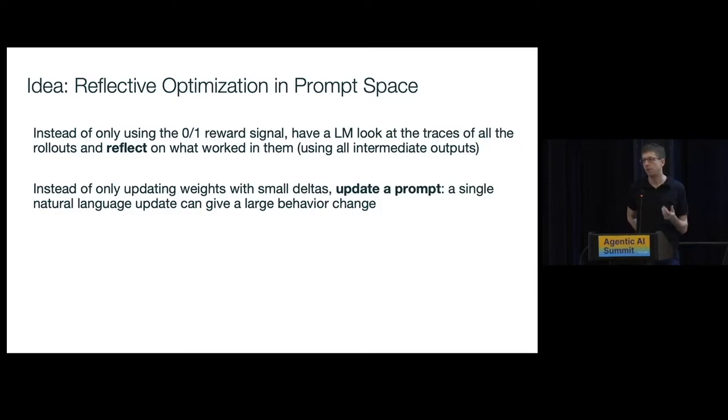And then instead of using that to update some weights, which is hard to do with a natural language insight that the model might have had, we use it to update a prompt. Basically, we tell it, write down some notes for yourself for the next time you do this task so that you can do better. And the great thing for that in terms of sample efficiency is even from one sample where you make a mistake, you might write an update to the prompt that completely avoids that mistake in the future, which is not really possible if you make a small change to your weights.